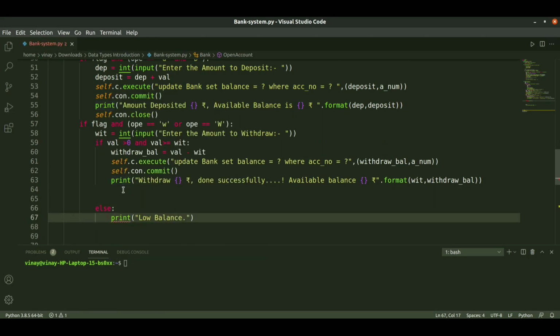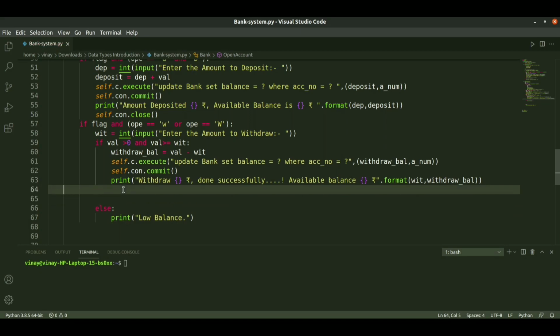Okay. So we successfully created this also, and now we close the connection: self.connection.close.